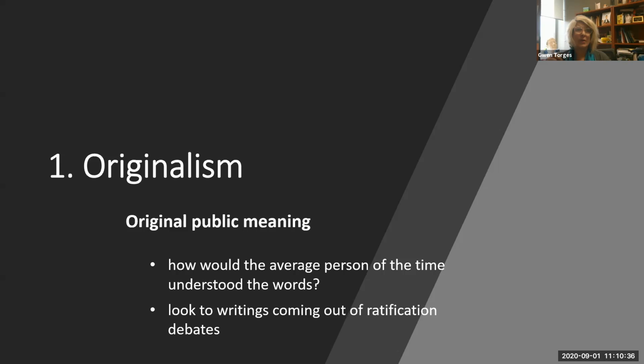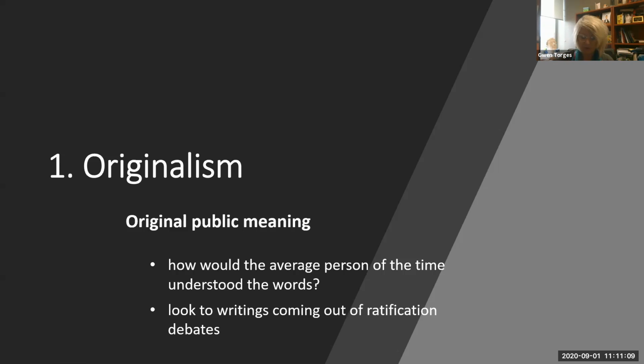He said, first of all, it was written by a committee. How are you ever supposed to know what a committee meant? You know, they're going to have more than one intention for this document. He would say, second of all, they're written by politicians who might write something in the Constitution and later say what they intended. But who can trust that? You look at the words themselves and then ask, how would an average person at the time have understood it?